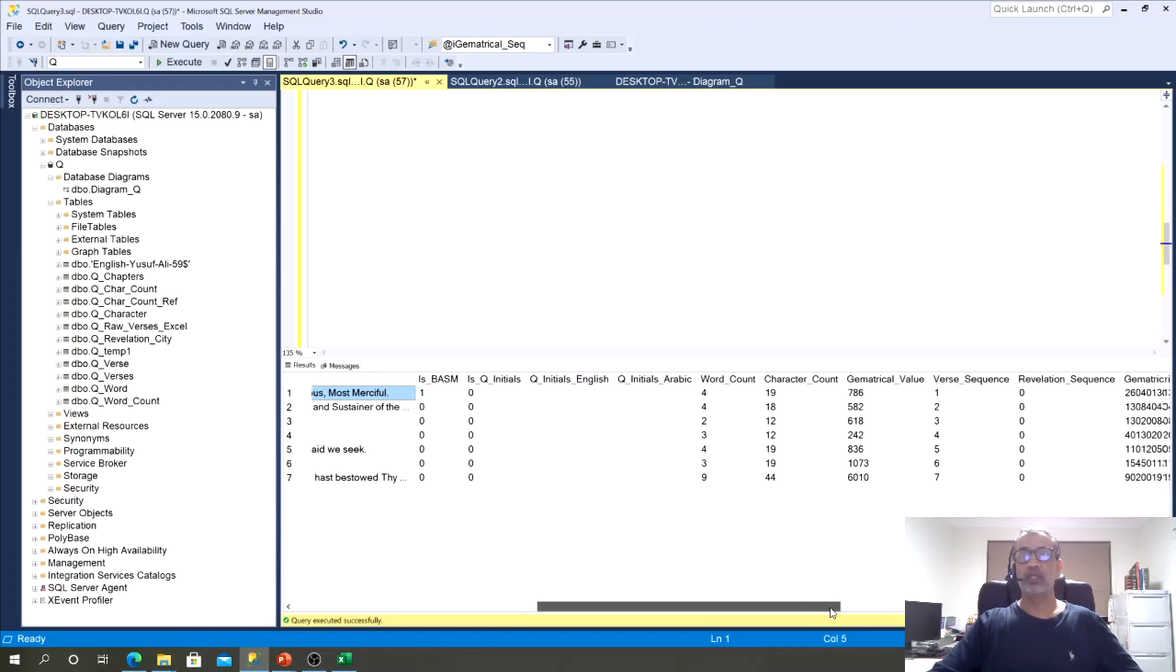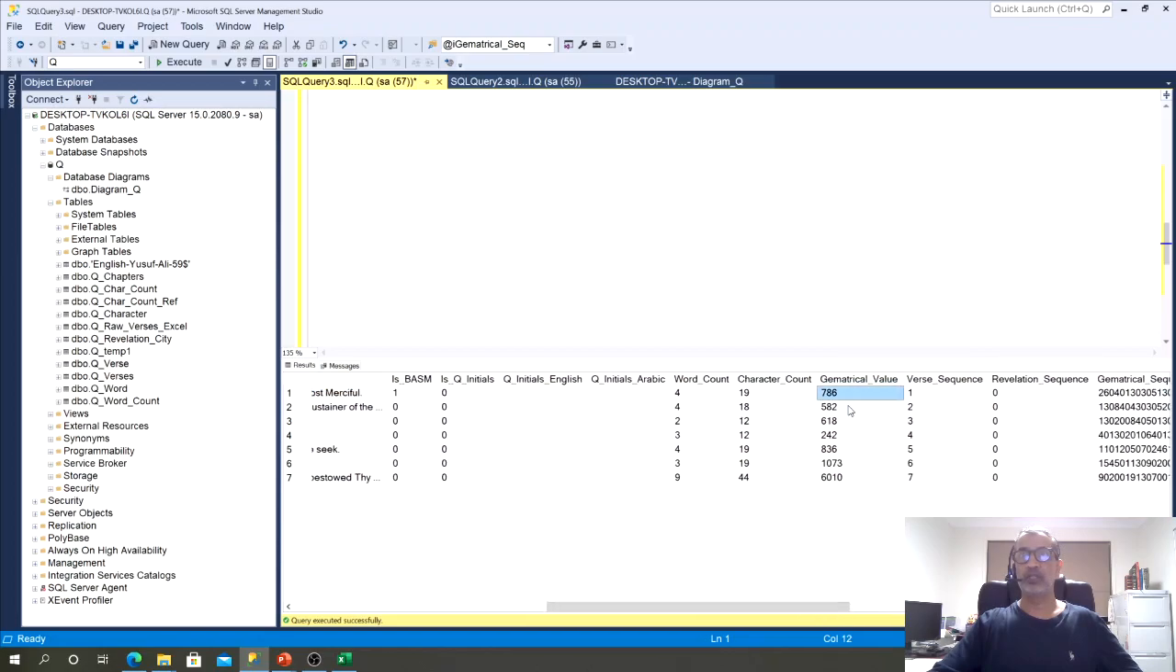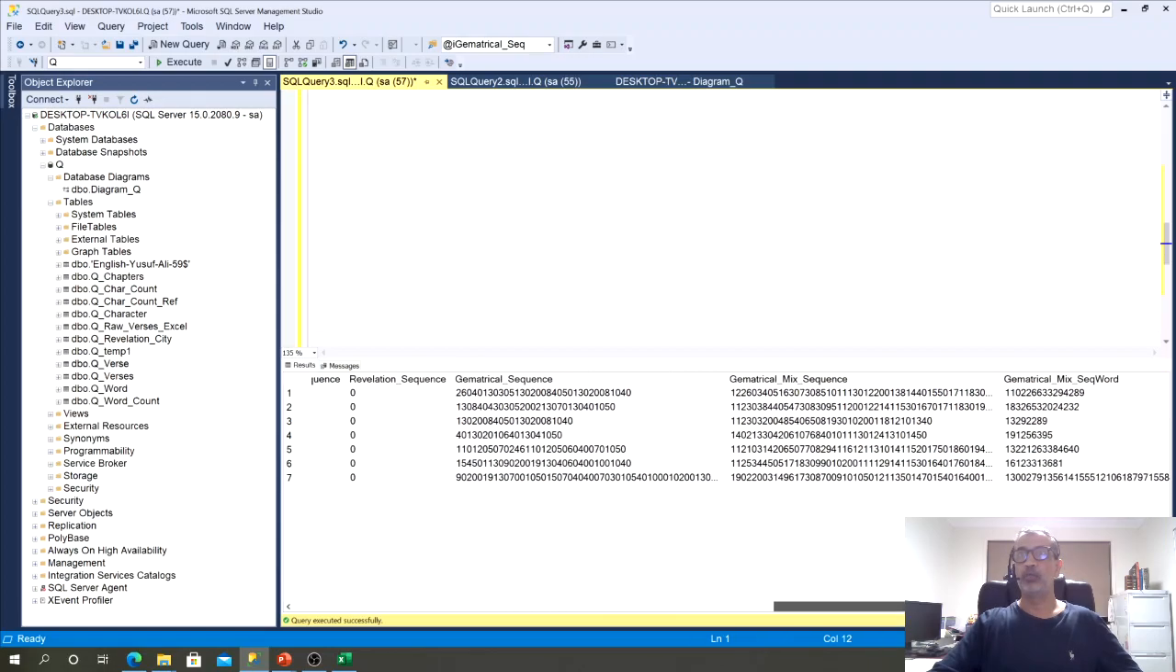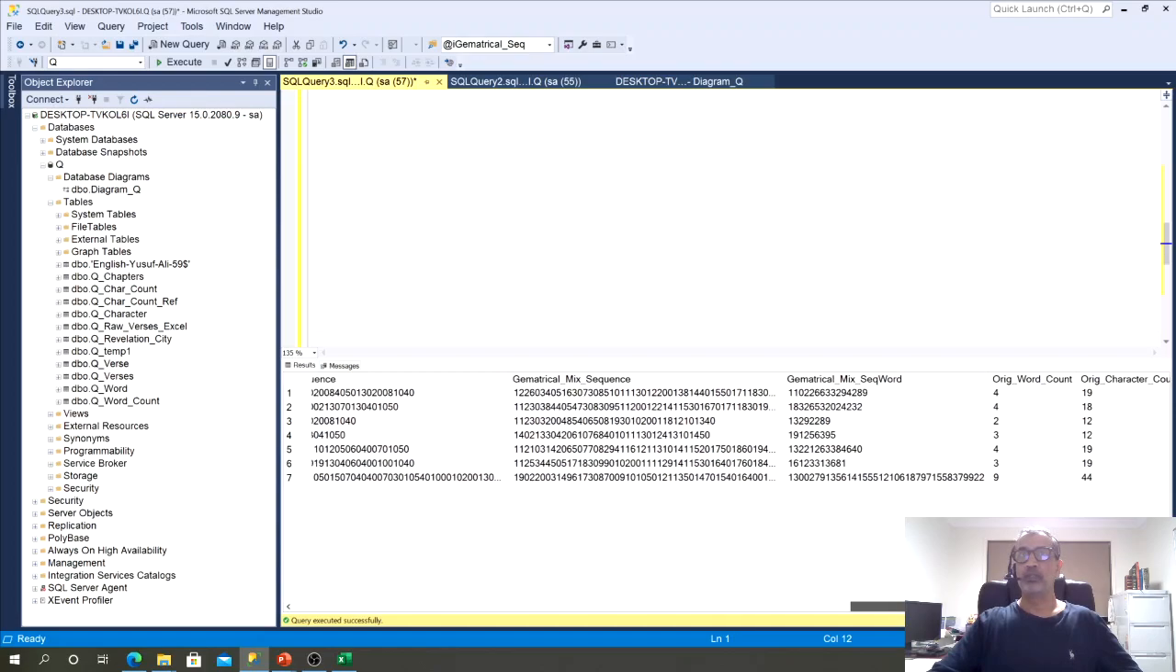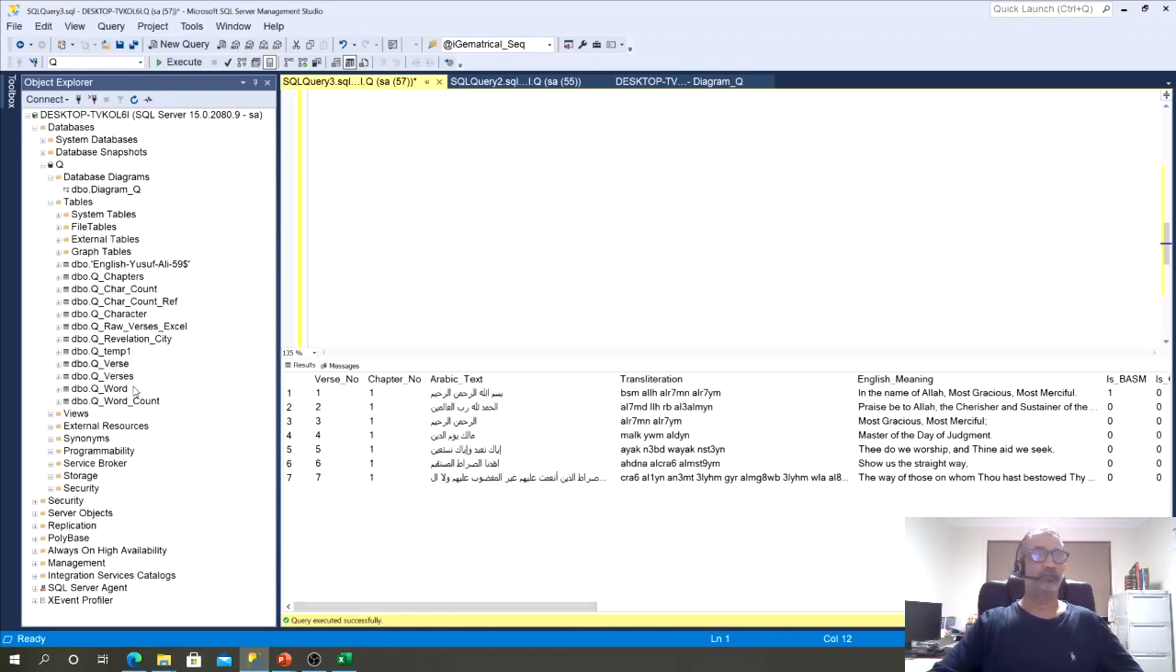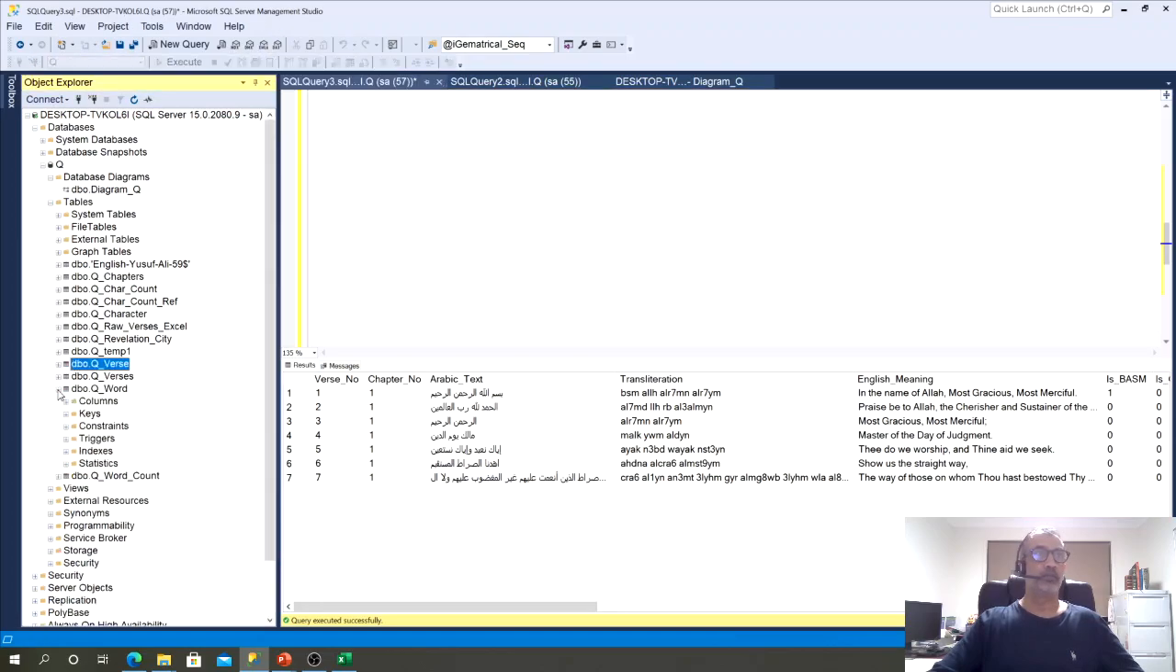And then all the attributes, obviously that's where the magical 786 comes from. So that's the grammatical value of Bismillah ar-Rahman ar-Rahim, the opening verse of the book form of the Quran. So I have various attributes in there. Okay. Then I can show you the